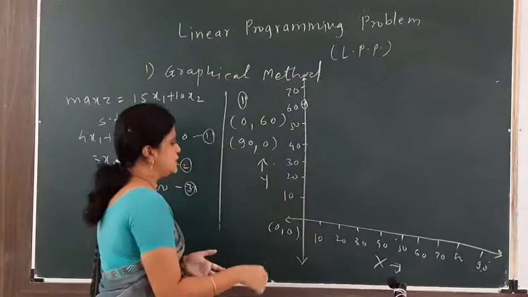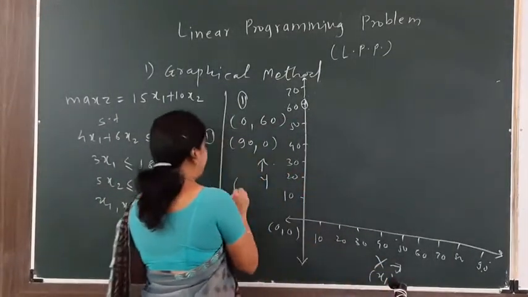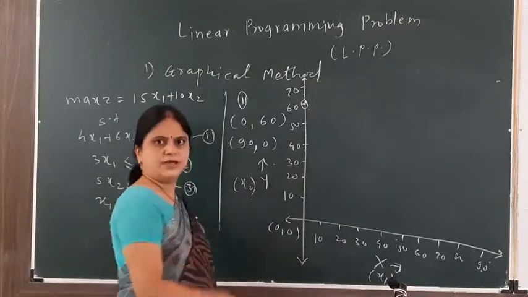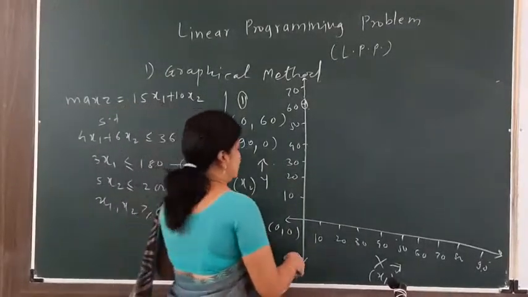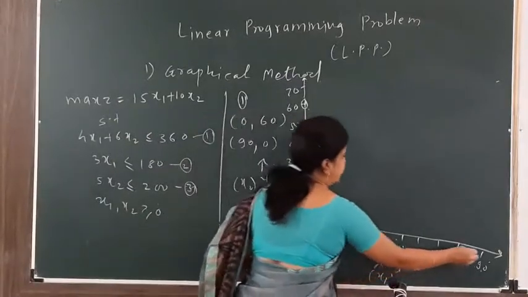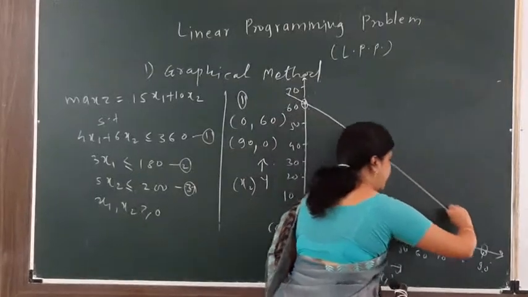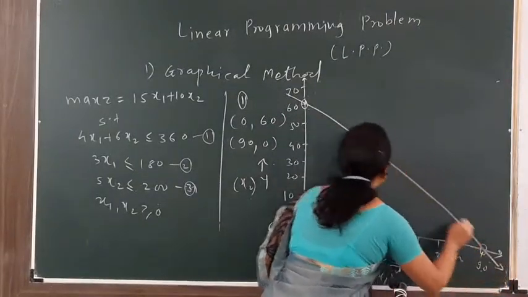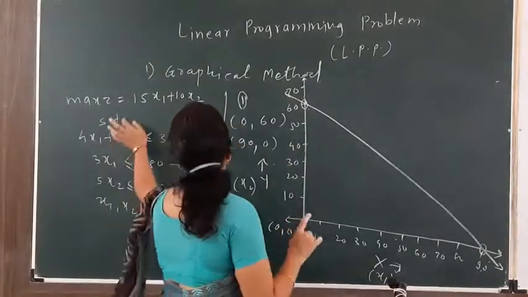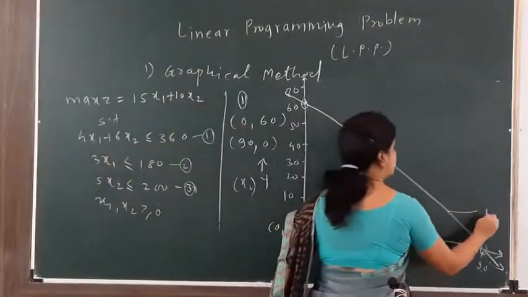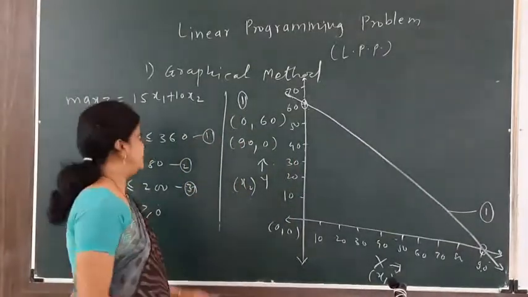Or we may have the x1 and x2. That is, for x-axis I have values x1 and for y-axis I have values x2. Okay. And 90, 0. So see, this is 0 and 90. Okay. So my line passing through these 2 points is nothing but the line for the first equation, and my first equation is this. Line passing through these 2 points, that is my first equation.